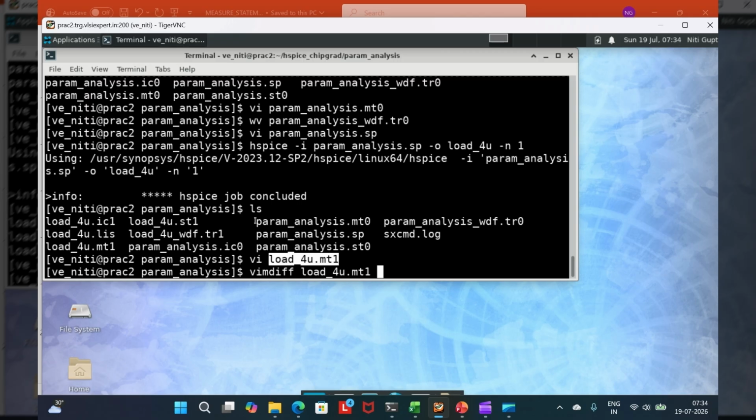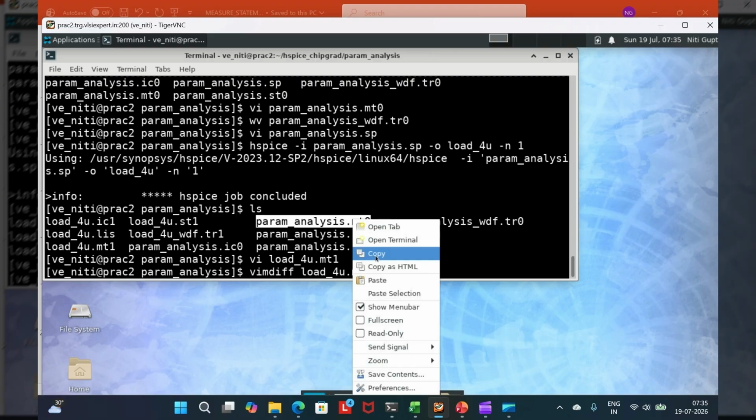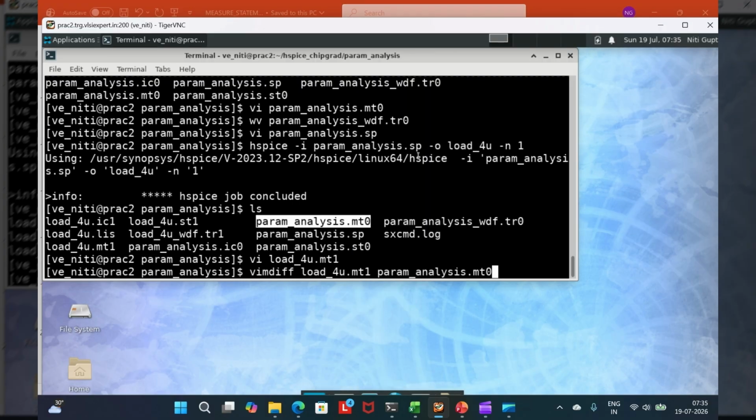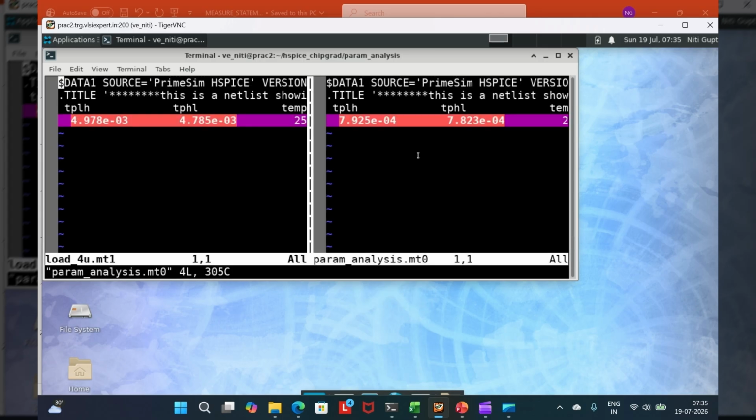So I will do a vimdiff command here. And if you see, for 4 micron my TPLH is 4.7, now this E stands for minus 3, and here E raised to minus 4. That means as you have increased the value of the capacitance, the delay has increased, right? This is the kind of analysis that we would like to see, right?